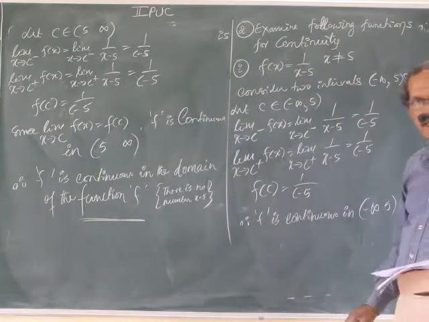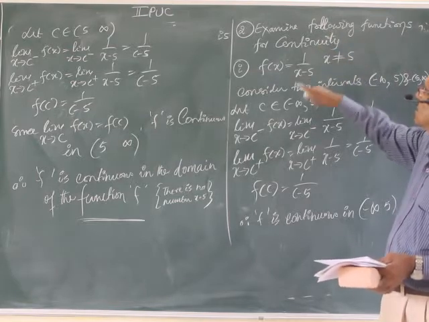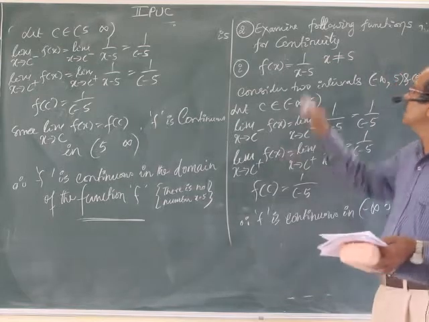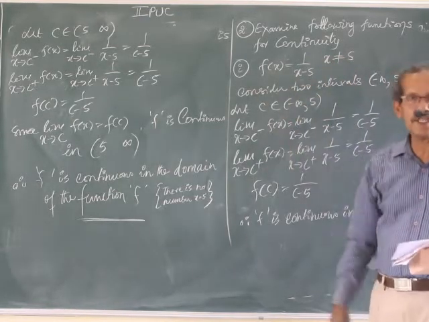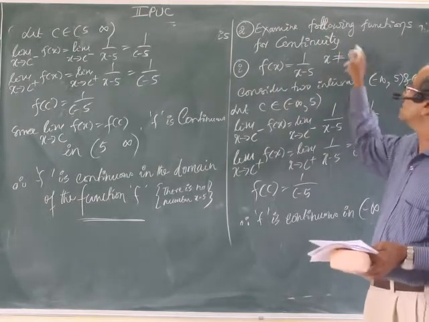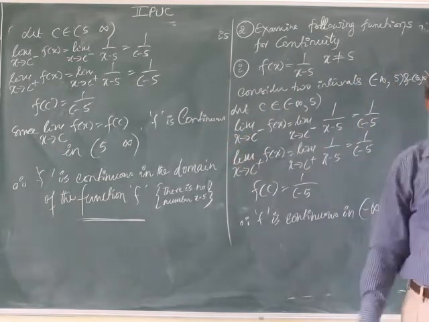Got the idea clear once again? If we had to show that the function is continuous in the entire real number set, then at x equal to 5 it is not continuous, so we would have to say discontinuous. But in the given domain, this one is continuous. Excluding x equal to 5, the given function is, yes, continuous. No doubt.